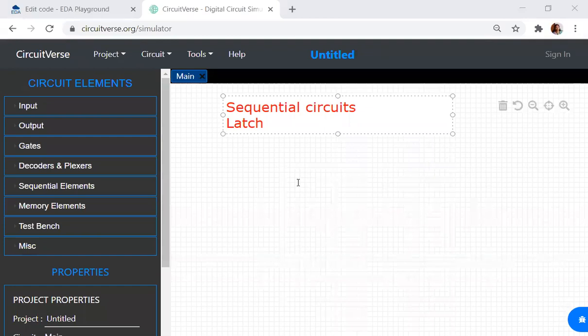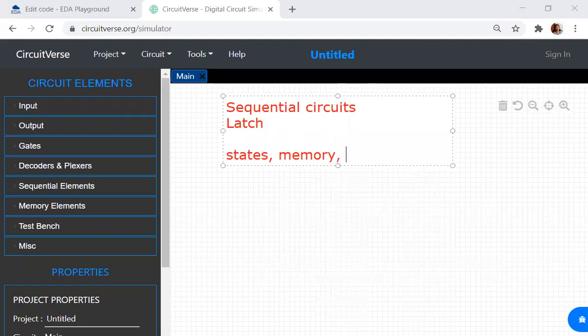We denote the operation of sequential circuits in terms of states. The output depends on the present state, meaning the present time, and also on the inputs of the previous state.